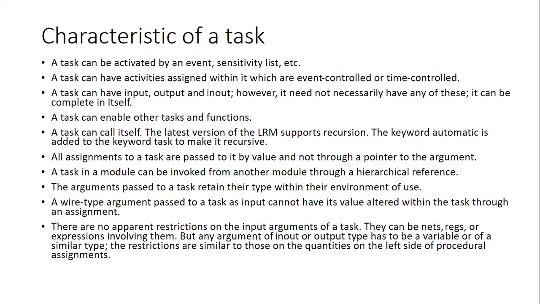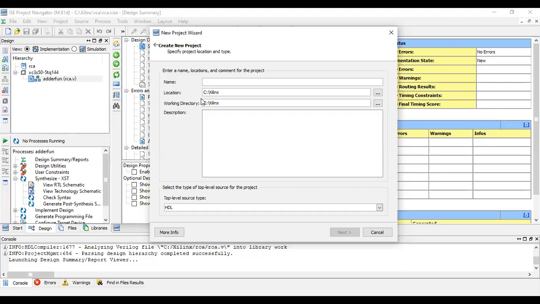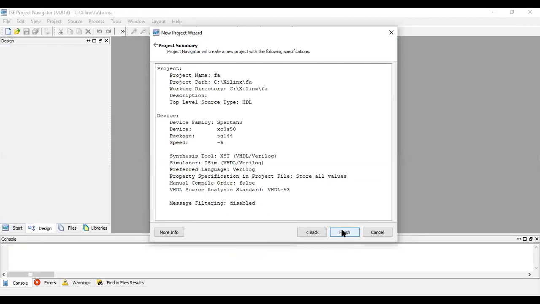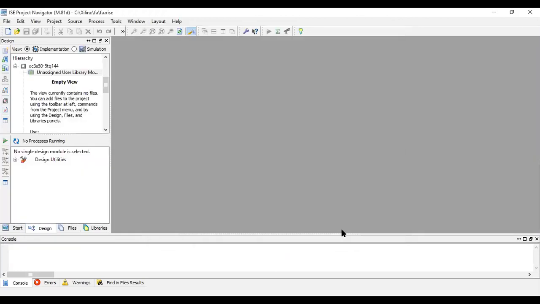Now we'll see a simple program. First, we will see writing a full adder using task, and then writing a ripple carry adder using a full adder. And we'll see how to write the modules. So now, full adder using half adder. I'm writing the program for full adder where half adder is used as a task.